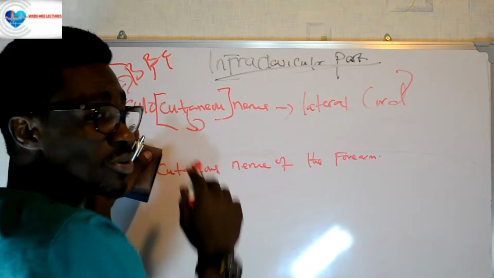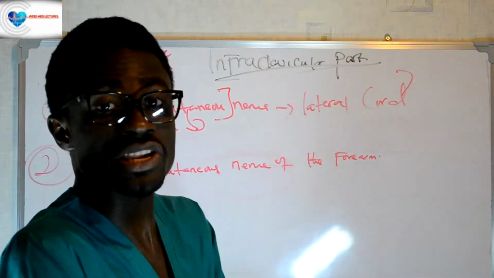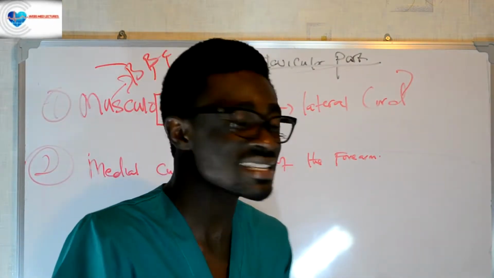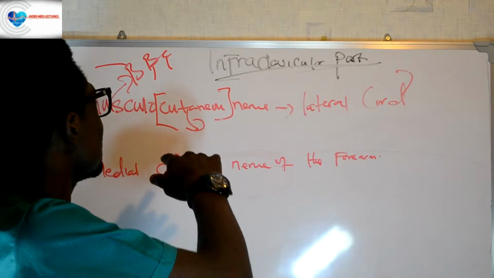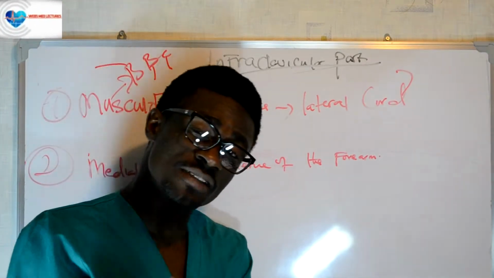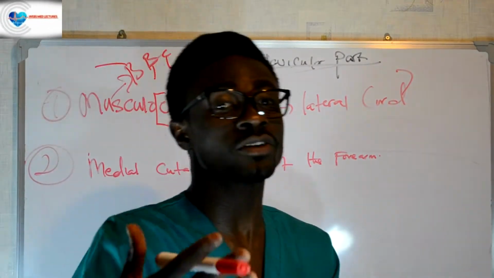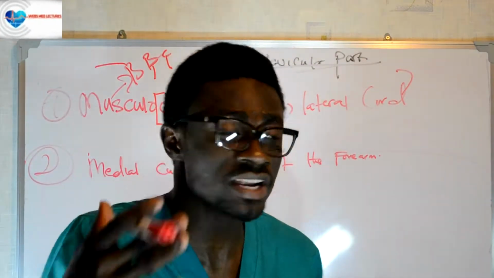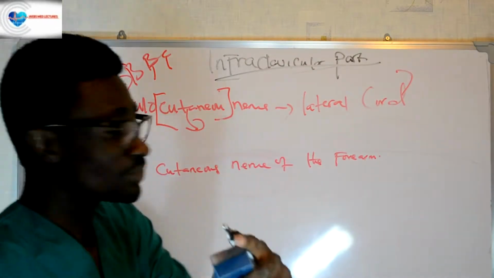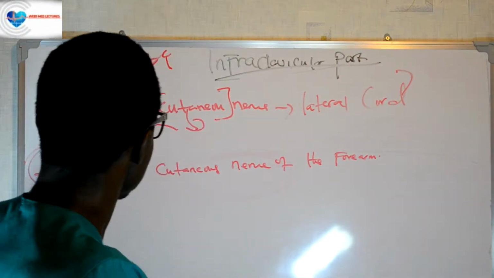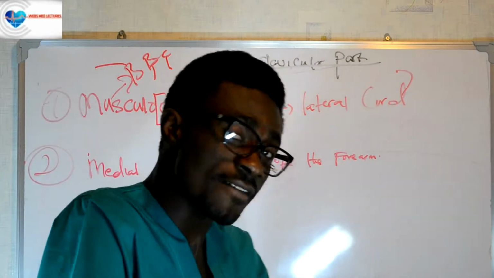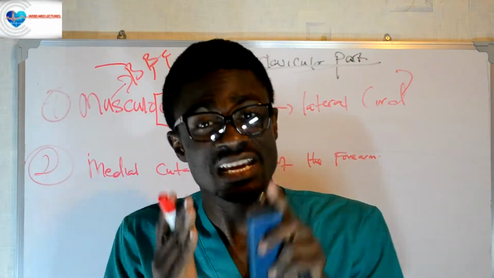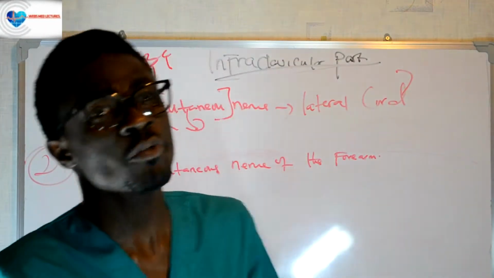Before we discuss this nerve, we were meant to understand that the musculocutaneous nerve gives the cutaneous innervation of the lateral part of the forearm. It means the cutaneous innervation of the lateral part of the forearm is not an independent nerve, guys. It's very important that you know that. But on the contrary, the cutaneous innervation of the medial part of the forearm is an independent nerve which comes from the